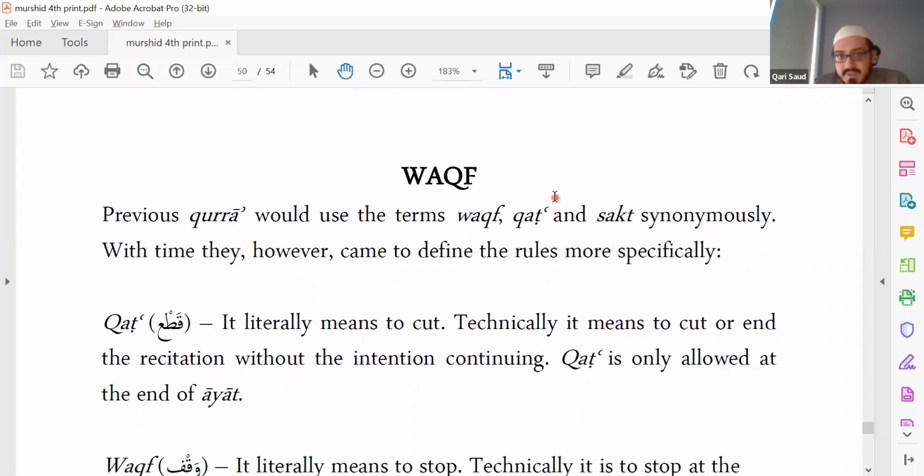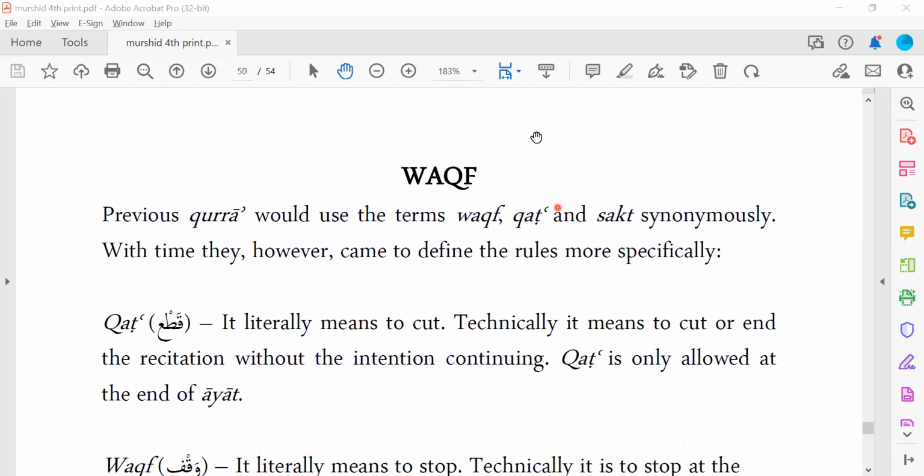But now you see the importance of this. If you didn't know the theory, then if the teacher corrects you in the future, they can tell you 1,000 times, read the fa like this. But if you know where the makhraj is, you know the sifa of it, is it hams, is it jahar, is it shidda, ikhwa, isti'la, istifal, does it have qalqala or whatnot? Then and only then will you be able to put everything together, the theory plus what you hear from the teacher, and then you'll get the most benefit, inshallah.